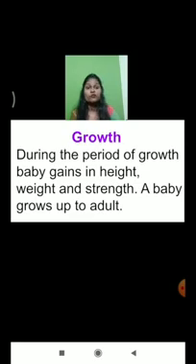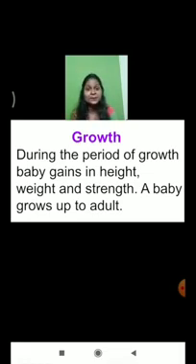Okay, so when we grow from childhood to adulthood, there are many changes. So what are those changes which occur in our body? The changes occur in height, weight and strength. Okay, so the clothes which we used in childhood, can we use the same clothes right now in adulthood? No, because our body has grown completely, the height has grown, and that's why the clothes which we used in childhood we cannot use right now, because those clothes cannot fit.